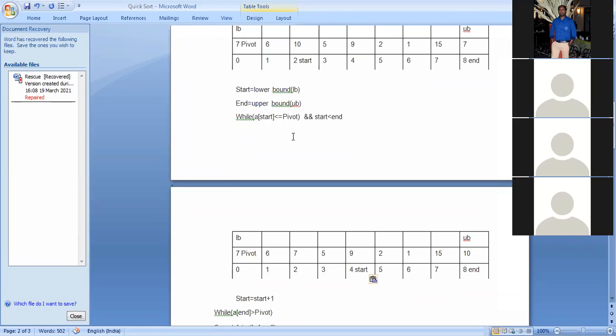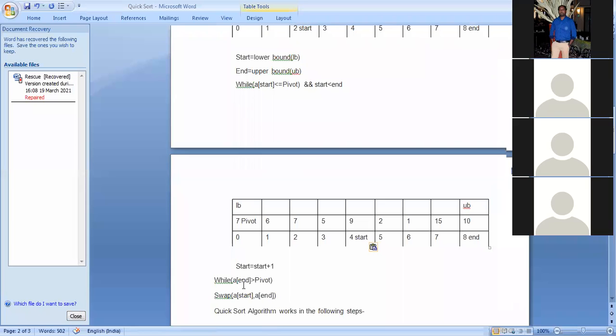So here we stop, and come out of this loop. Now again we'll check while a end is greater than pivot. Now a end means 10 is greater than pivot. Yes, condition is true, so then what will happen, now simply end equals to end minus 1.